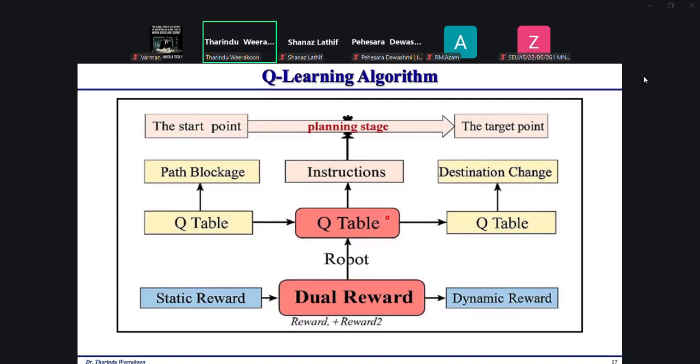Dynamic rewards change based on the robot's actions and changes in the environment it is being used in. Then the Q-learning algorithm will update this Q table, and then the best optimal action will be taken into execution.